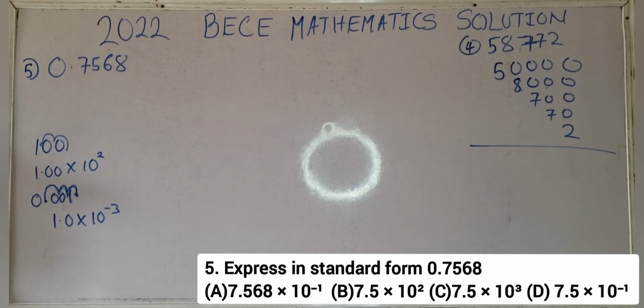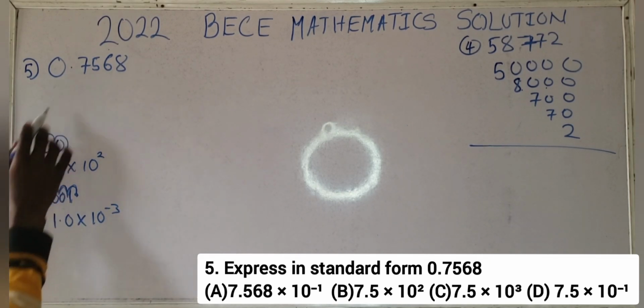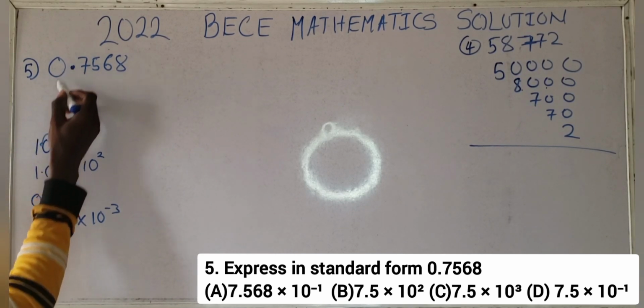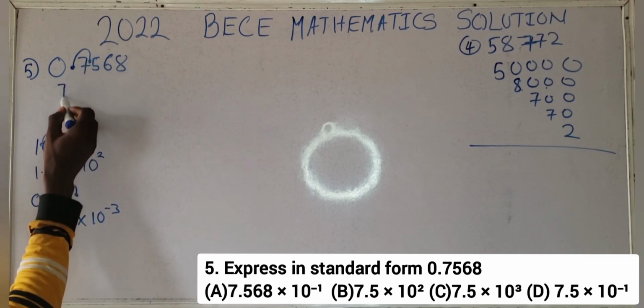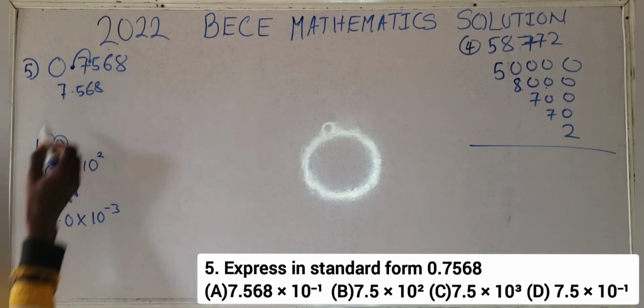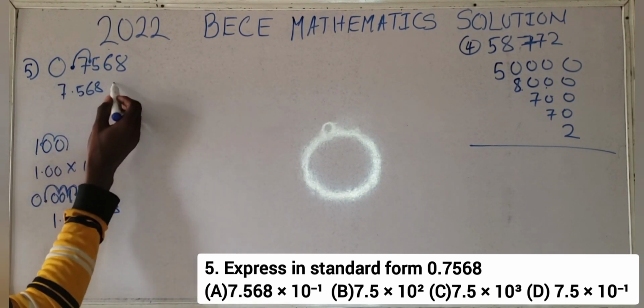Are you paying attention? So if you are moving towards the left, the power to which the 10 is raised will be positive. If you are moving towards the right, the power to which the 10 is raised will be negative. You understand? Towards the right, negative, and towards the left, positive. Now, if you are to express this in standard form, this is where the decimal point is. So if you take it once, you are going to have 7.568. And because we move it once, that means that we are going to have times 10 raised to the power of